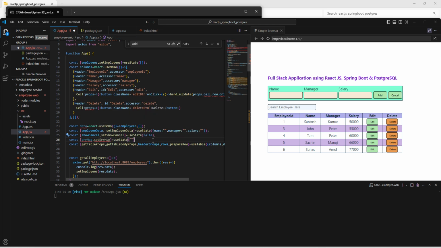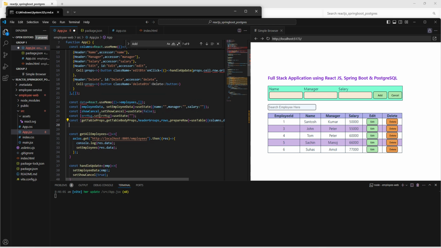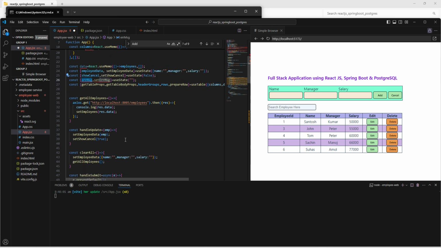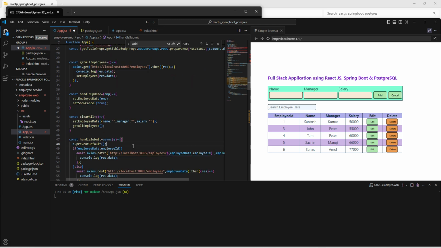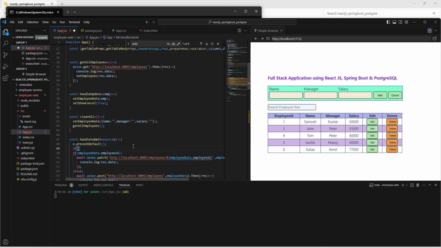Error message, fine, use state, initially it is blank. You can give it any name here, and the set message for the same. Initially it's blank. Now let us check it here. Now when we want to set the error message, like let's say